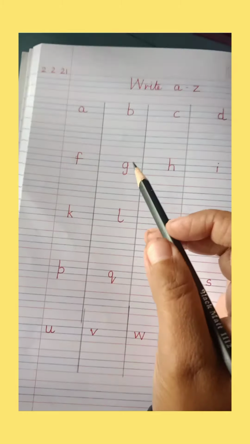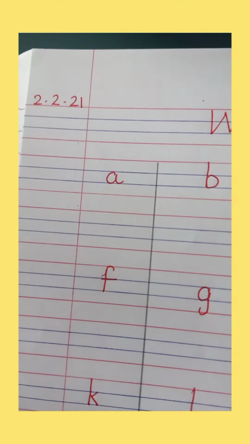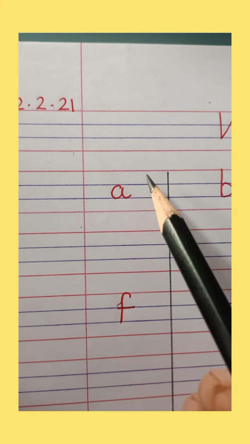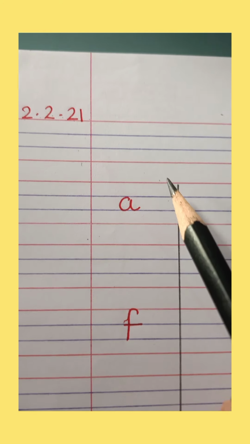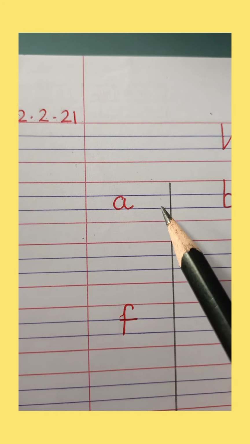So let's begin. Small A to Z we are going to write. Dekho, I am just zooming in over here. We are going to write small A. And children, you all can see we are writing in a 4-line copy. You all can see, first you should recognize this. 1, 2, 3, 4. There are 4 lines. The topmost line and the bottom line is of red color. कौन सा color है बेटा? Red color. और बीच में 2 lines किसकी हैं? Blue line की हैं. So you have to remember कौन सा line, कौन सा letter कहाँ पे touch हुआ है और कहाँ तक जाना है. ठीक है? So let's start.